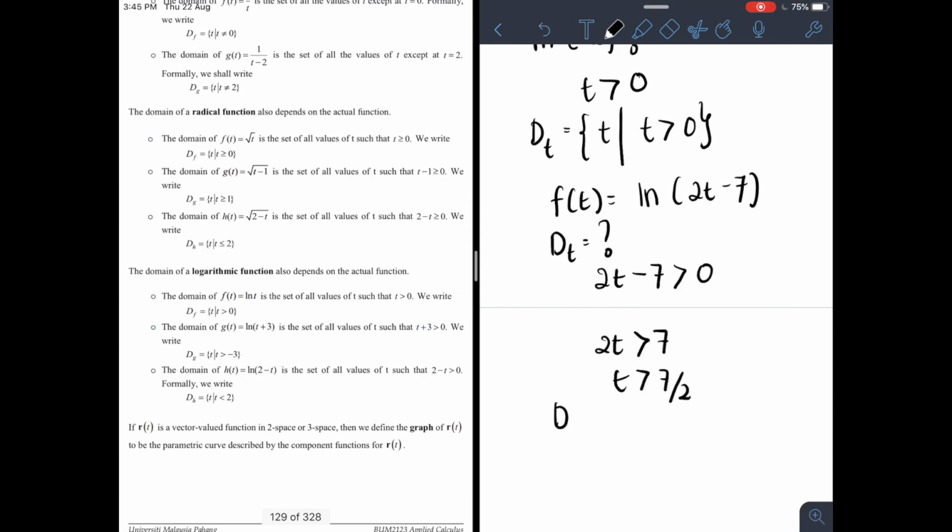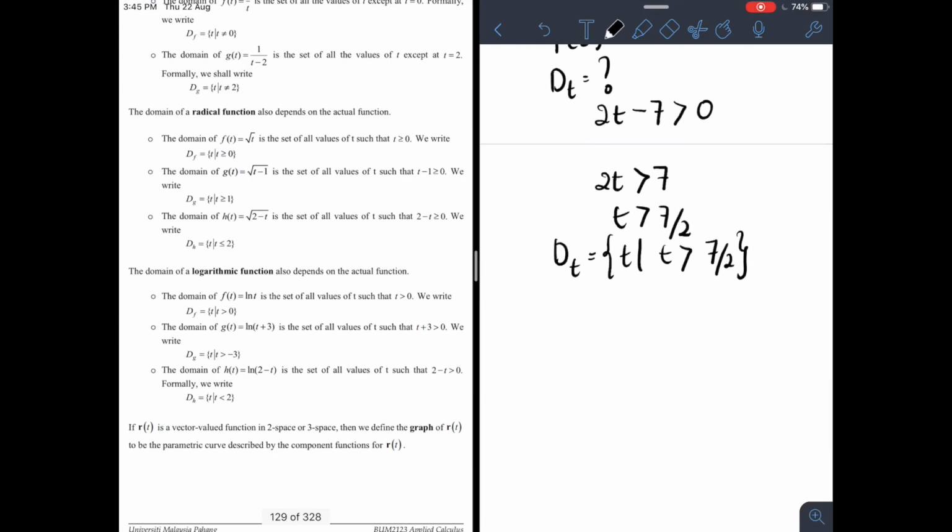Therefore, my answer will be t such that t is larger than 7 over 2. Okay, let me give you another example. Maybe function f(t) is equal to